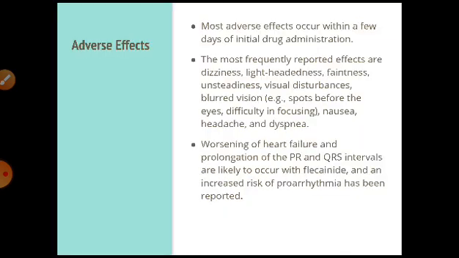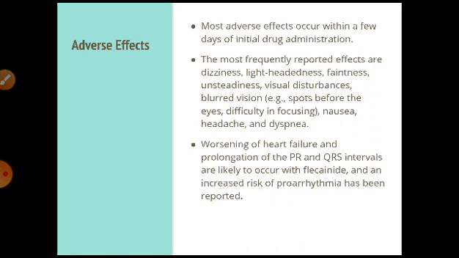ADR: most adverse effects occur within a few days of initial drug administration. Most frequent are dizziness, lightheadedness, faintness, unsteadiness, visual disturbances, blurred vision, for example spots where the eye has difficulty focusing, nausea, headache and dyspnea. Worsening of heart failure and prolongation of the PR and QRS intervals are likely to occur with flecainide,